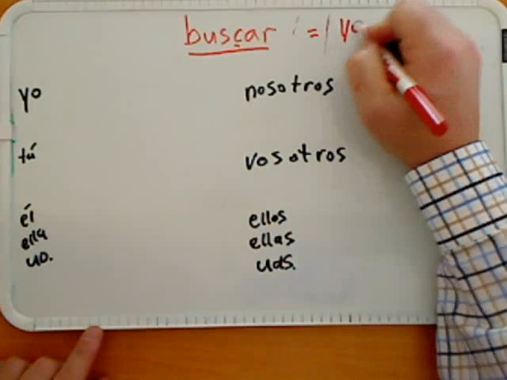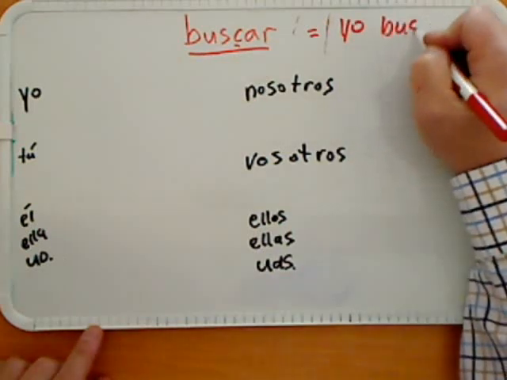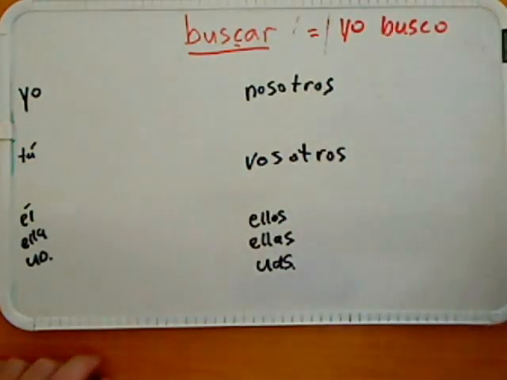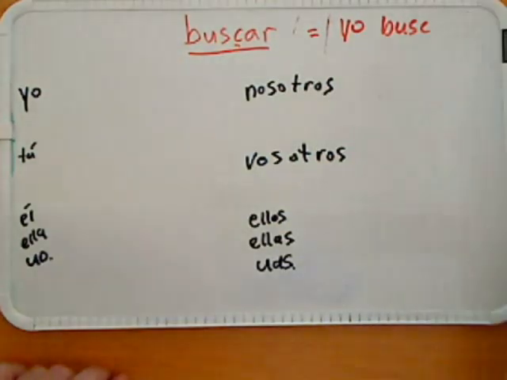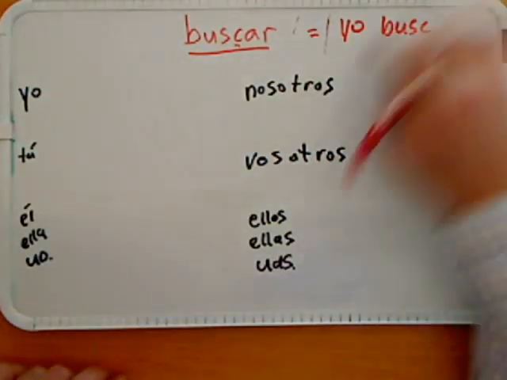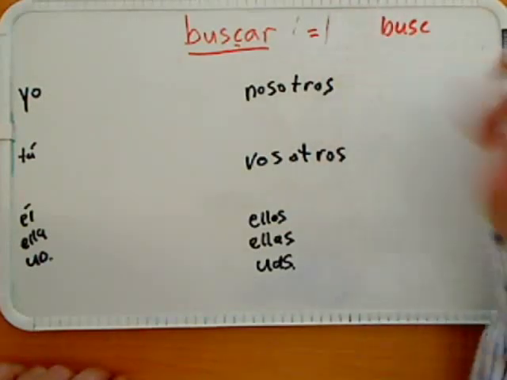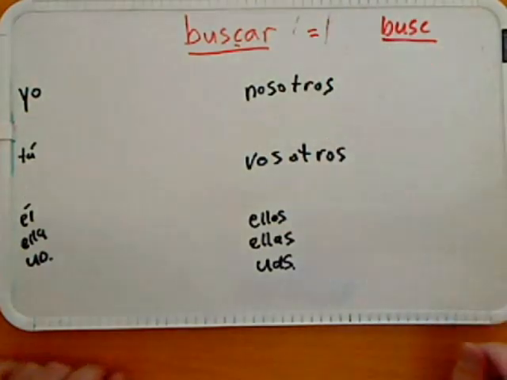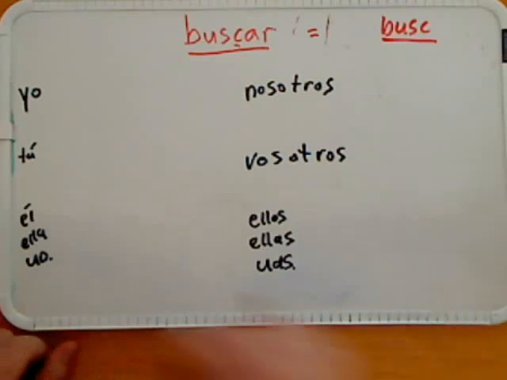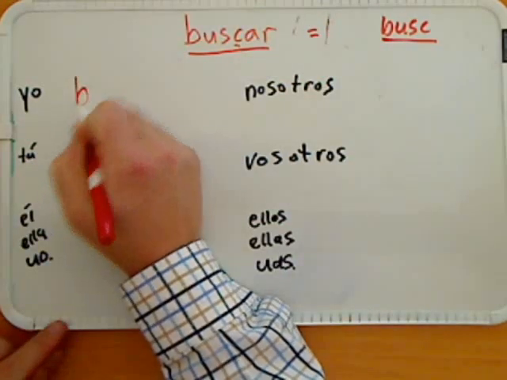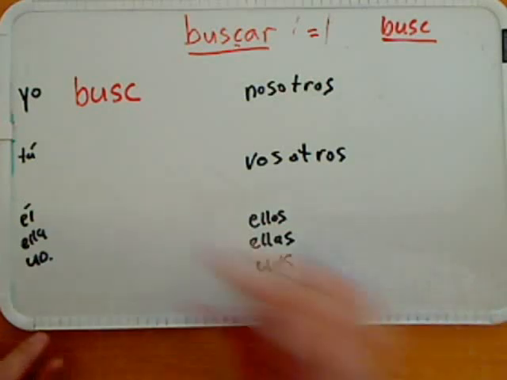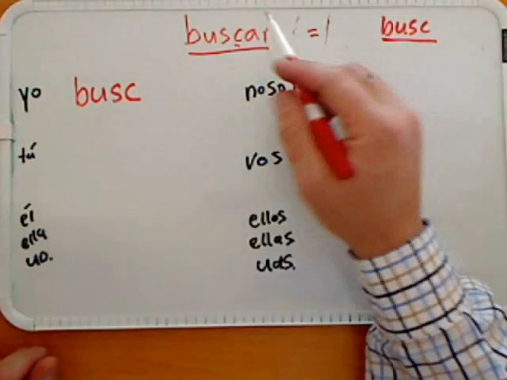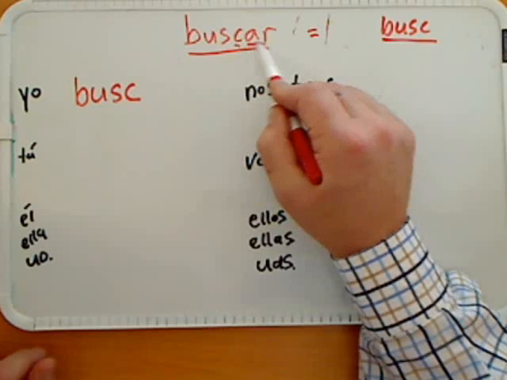So, yo busco in the present tense indicative. By eliminating that last o, yo busco, we now have the stem that helps us create the present tense subjunctive. Yo bus. Now, because of this stem, the ending ends in a C, and we know that an AR verb